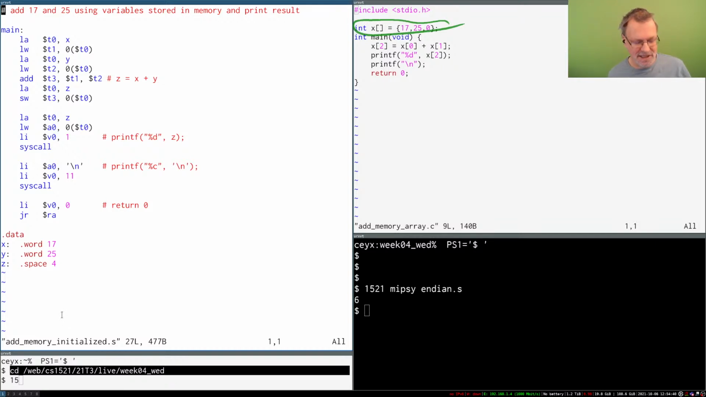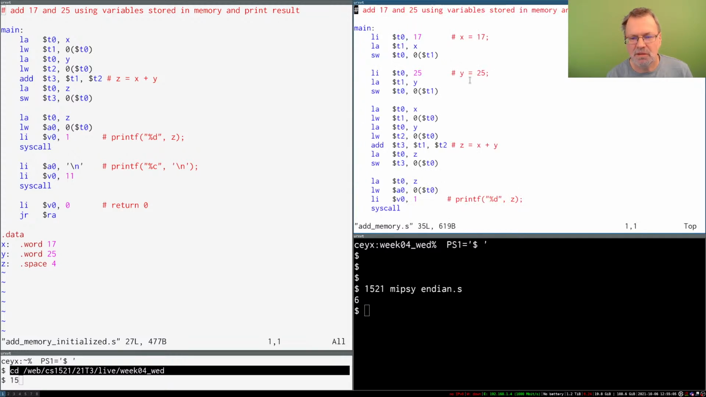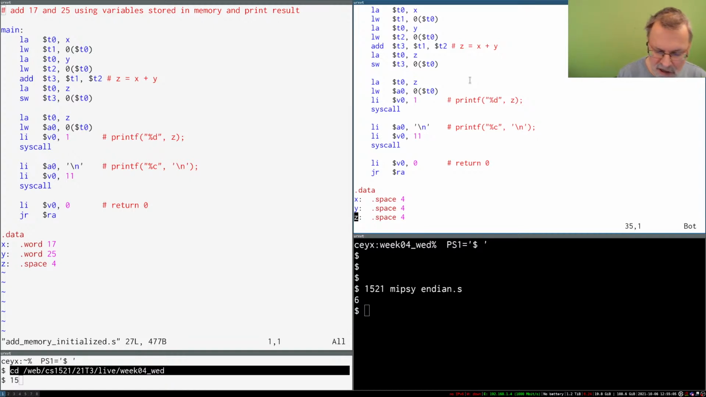No, this is the same program as previously. This is using the initialization. This is a slightly different example. I'm trying to go through this slowly and carefully, making sure everyone understands it. Our previous program just said X was 4 bytes uninitialized, Y 4 bytes uninitialized, Z 4 bytes uninitialized, and